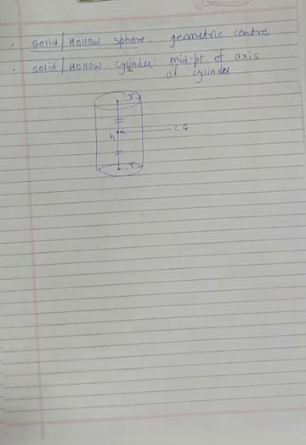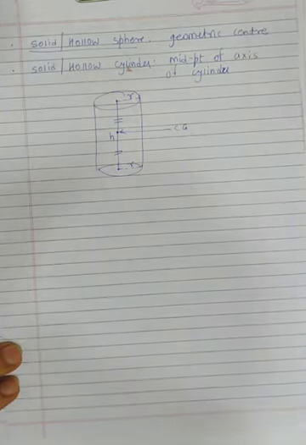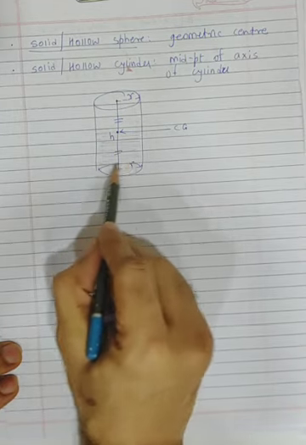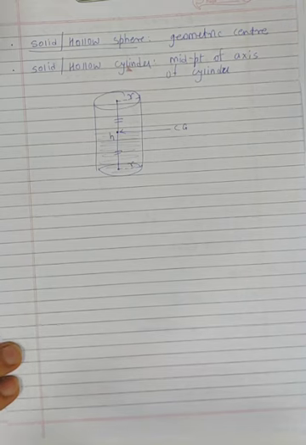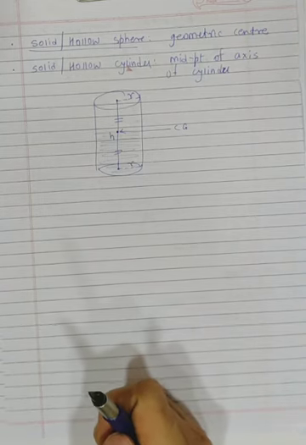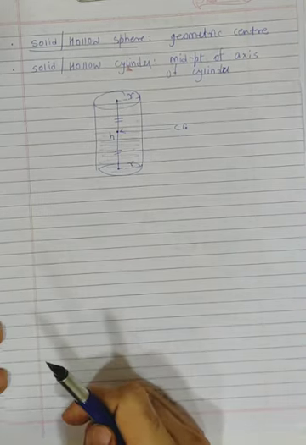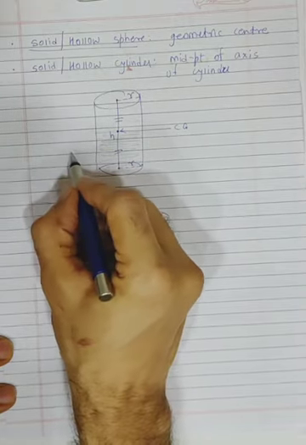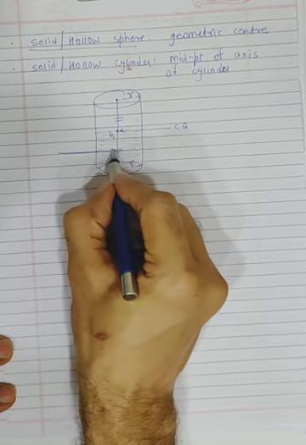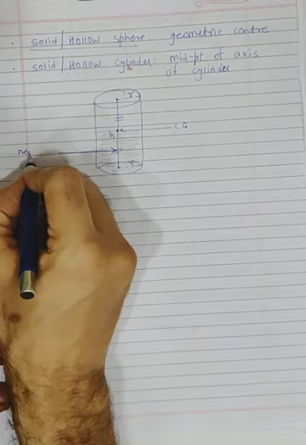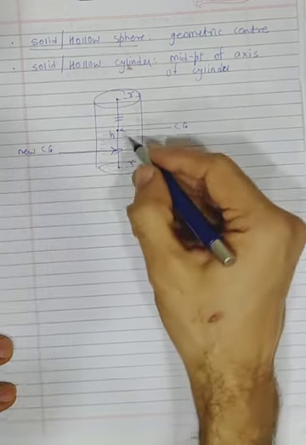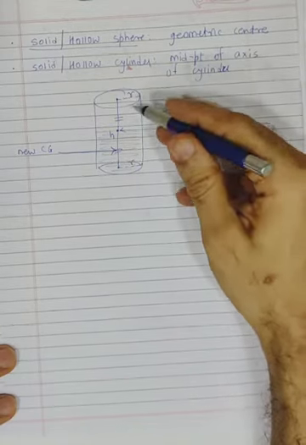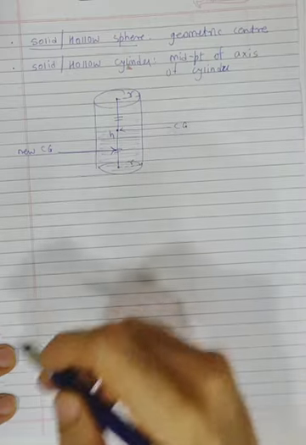Okay, but wait, now there is a catch. Let's say if your cylinder was half filled with water, only this much was filled with water, is the center of gravity still at the same point H? No, it will not be at the point H. Your center of gravity would have shifted now. So say we have got a new center of gravity, somewhere out here. So this is our new CG because we filled it up with water. Correct? That's why I told you, it also depends upon the mass distribution, not just on the shape.